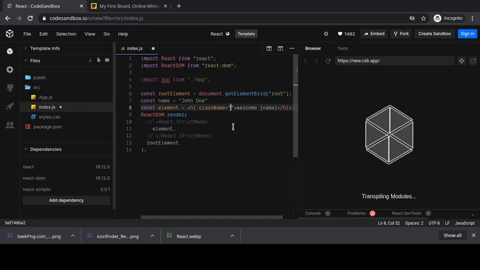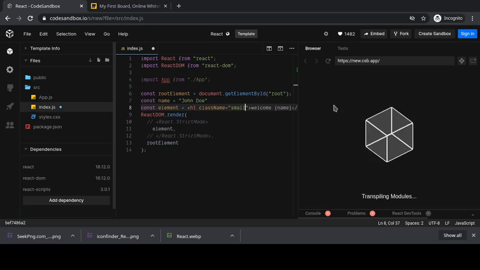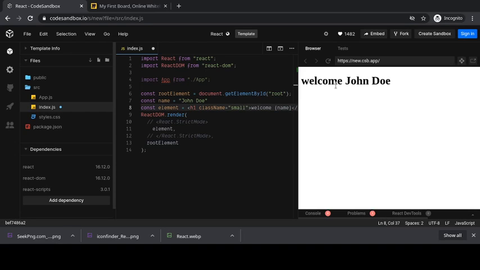The name will be, I can pass any value like small. So when you inspect this script, you will see that className is set as small. This is how you need to pass any value to the JSX, any element to the JSX.